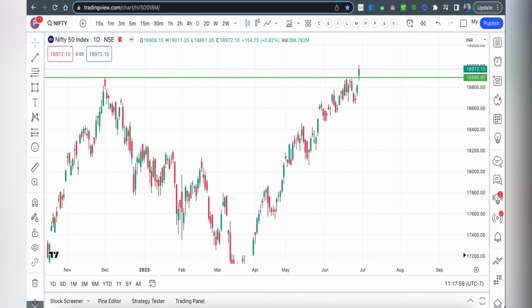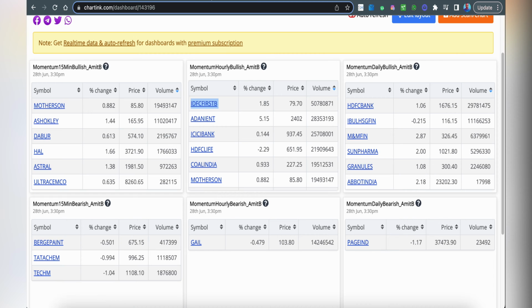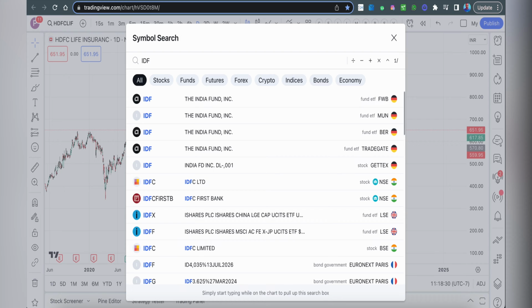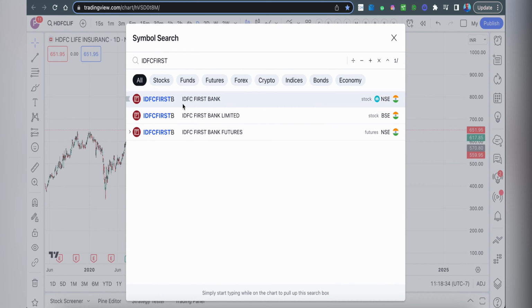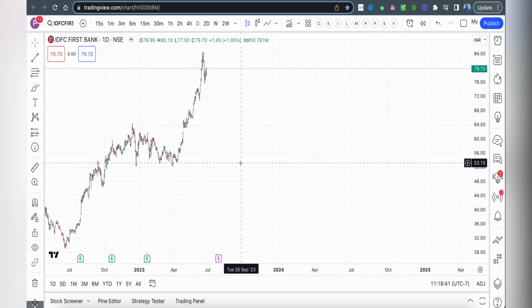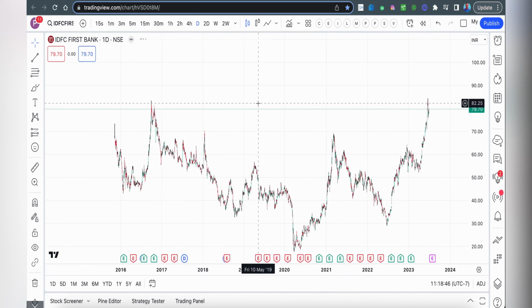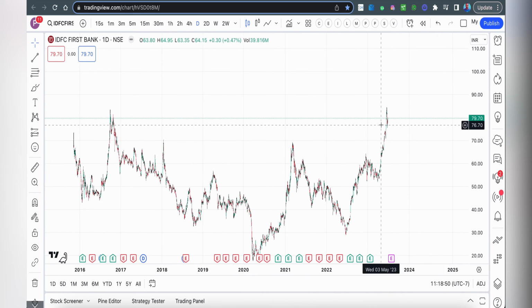On the same lines, let us look at IDFC First Bank. IDFC First Bank has been relatively doing good in the past 1 month. Okay, let's look at the plain chart. Let's remove all the drawings and everything. This is in a daily format. All the candlesticks are in the daily format, and if you can look at